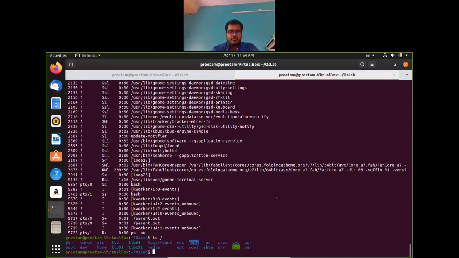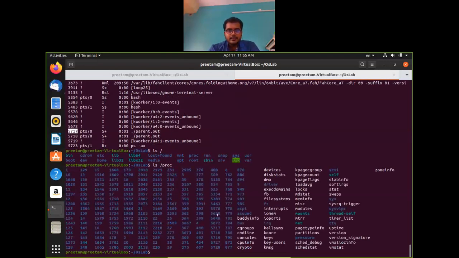Okay. So in that proc folder, we'll have two folders against these process IDs. So if you do ls /proc, you will find the processes with those IDs. So these are the process IDs, okay. So some folders are there with these process IDs, right?